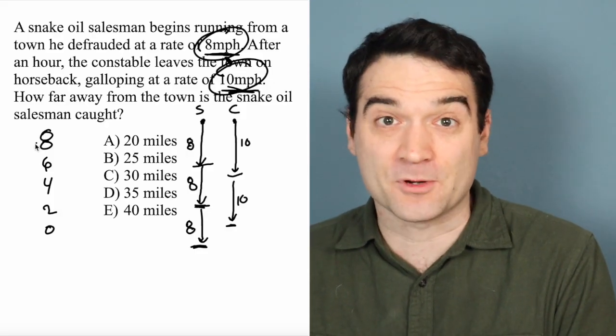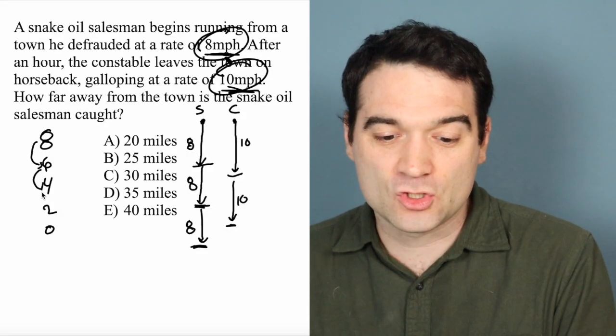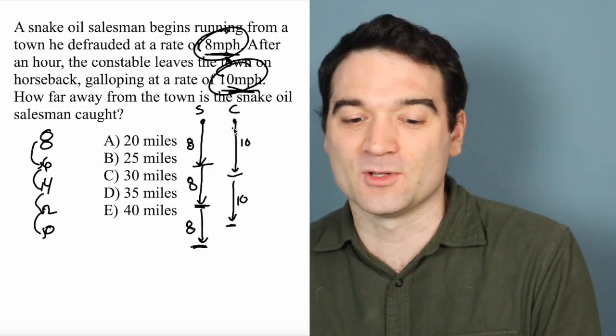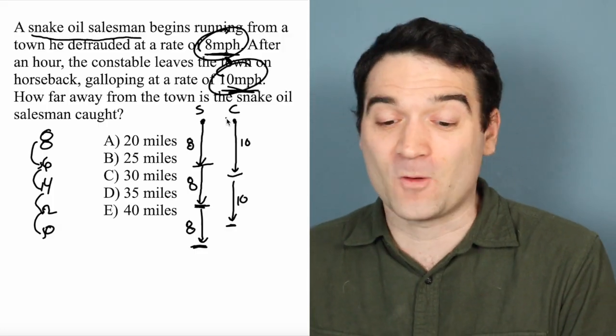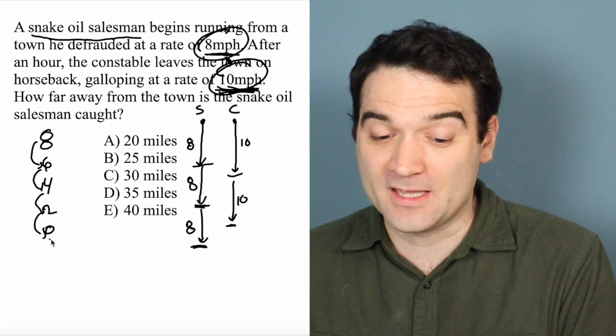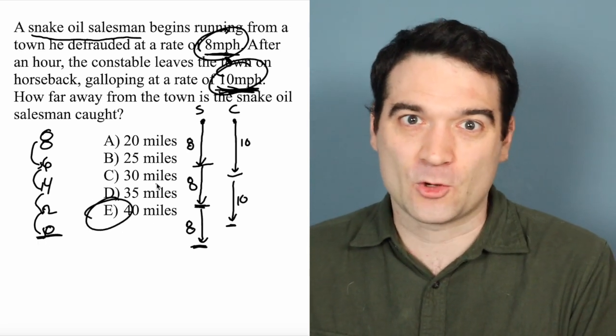So how many total hours do we travel? Well, the constable traveled 1, 2, 3, 4 hours, right? The constable chased this sneaky snake oil salesman for 4 hours. And if he's going at 10 miles an hour, then he's going to catch up to him. He's going to make the gap 0 at 40 miles. Correct answer here is